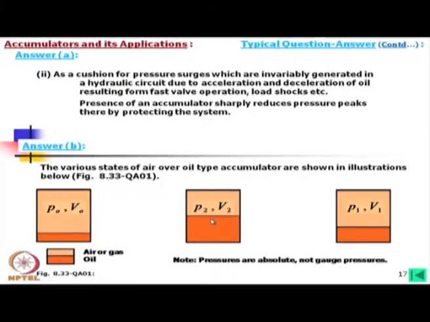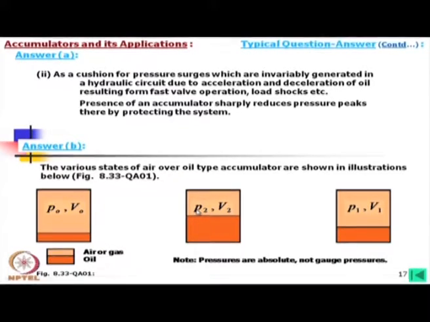Now, in this case, this is a simple diagram. You can use such color to mention. So, first when we are charging, this volume is 90% of the total volume of the accumulator. Okay, that is shown. This is the pre-charge pressure, and then this is air and this is oil, and P2